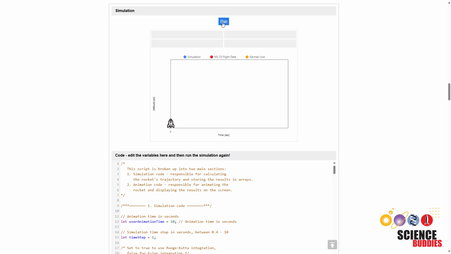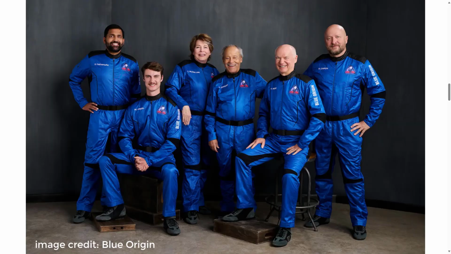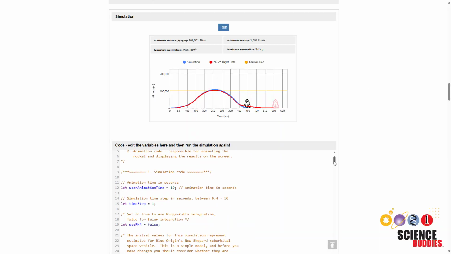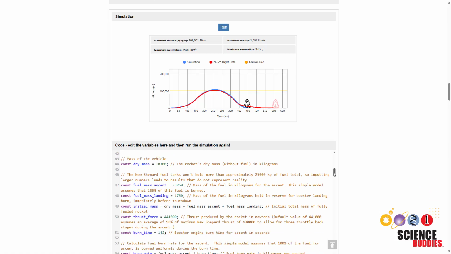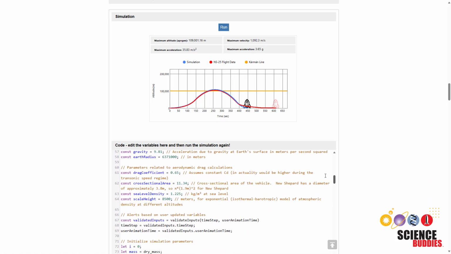In this video, I'll show you how to use a suborbital rocket flight simulator that lets you predict the trajectory of a rocket and compare it to flight data from a real flight, Blue Origin's NS-25, flown on by Science Buddies founder Ken Hess. The simulation is built into the Science Buddies website with fully editable code that you can use to change things like the rocket's mass, thrust, and drag coefficient to see how these parameters affect the simulation